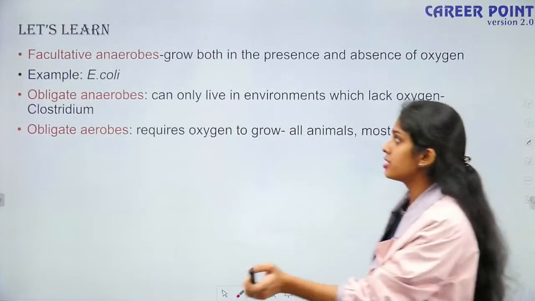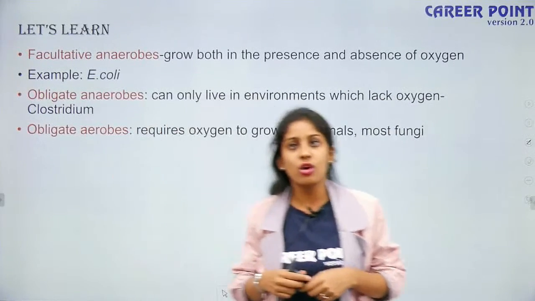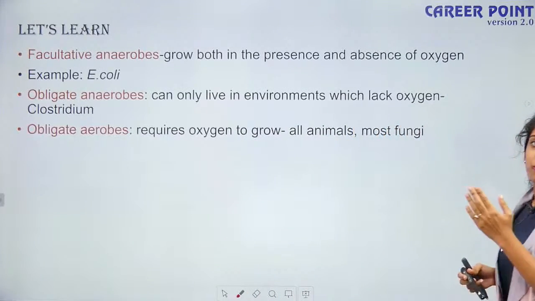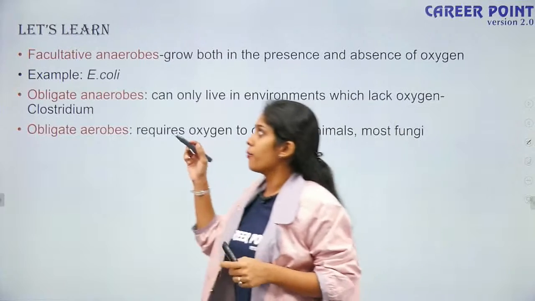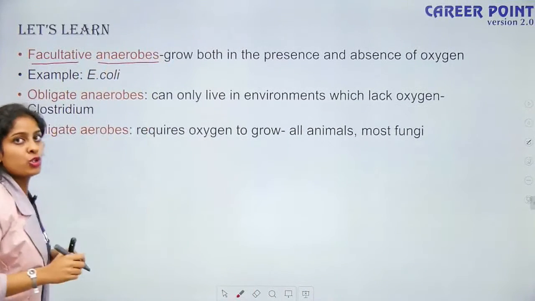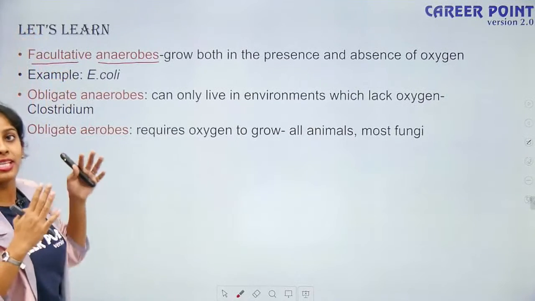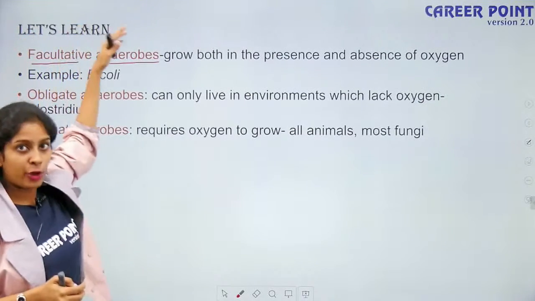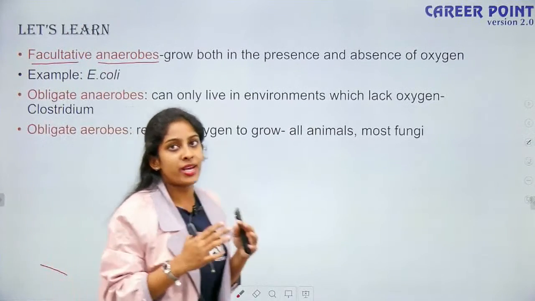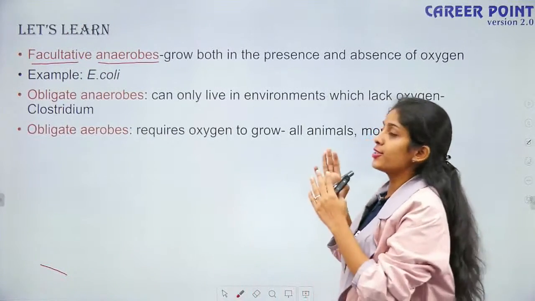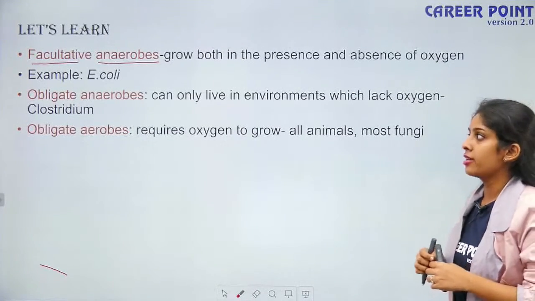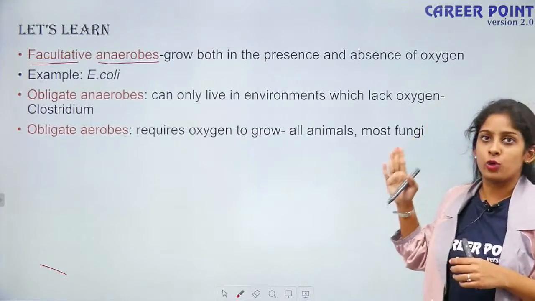Yes, okay. So apart from this, I want to explain these 3 terms to you. So there's something called facultative anaerobes, obligate anaerobes, and obligate aerobes. So I want you to know the meaning and example for these. When the term facultative comes, remember they are flexible. They are basically aerobes, but they can also behave as anaerobes, which means they can grow both in the presence and absence of oxygen. So that is what I mean by facultative anaerobes, and one example is your E. coli.